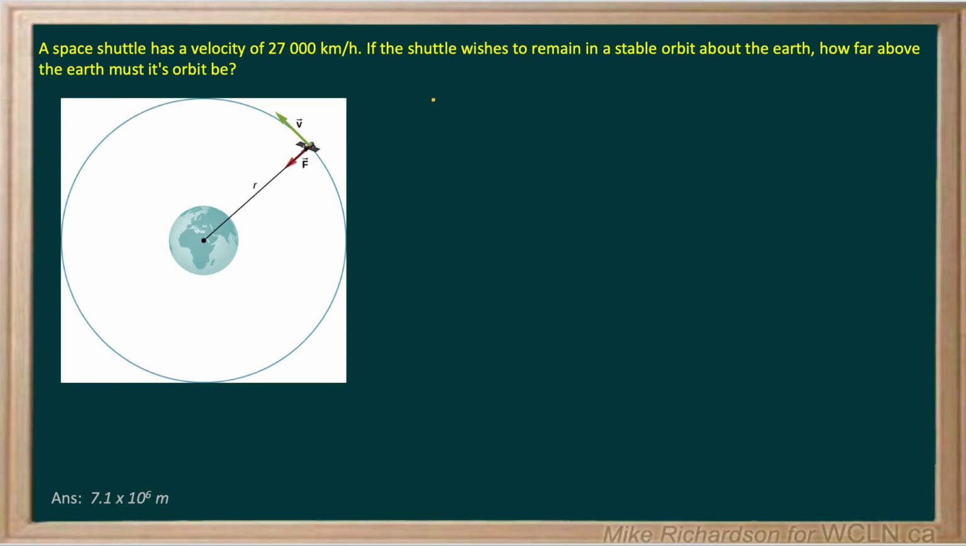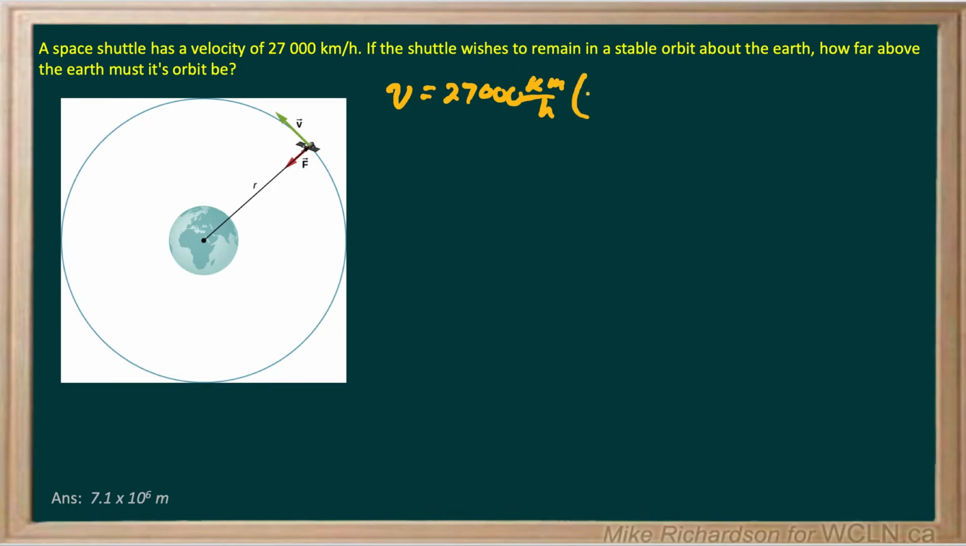All right, once again we have another question involving an orbit. Here we have a space shuttle moving at 27,000 kilometers per hour. So they give us the velocity of the shuttle. But of course, we don't like kilometers an hour in physics, so we have to convert that to meters per